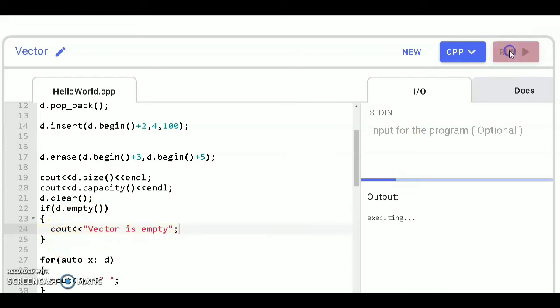So run this code. So you see this will be printed, vector is empty, because we cleared all the elements from the vector.